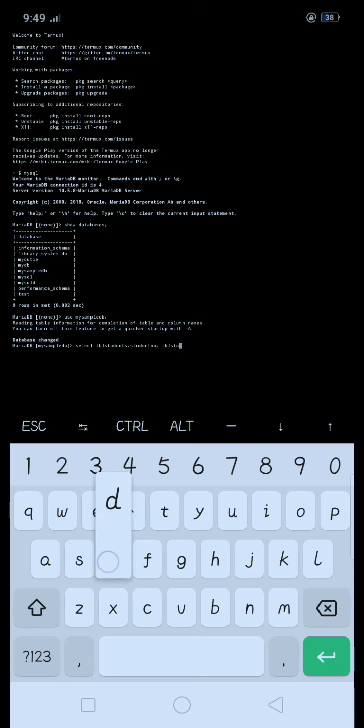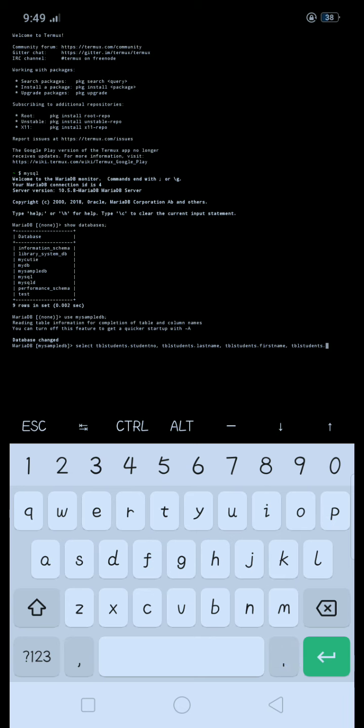TBL students dot last name, and then next first name. First name will come from TBL students also. So TBL students dot first name, and then next college ID. College ID will come from TBL students also. So TBL students